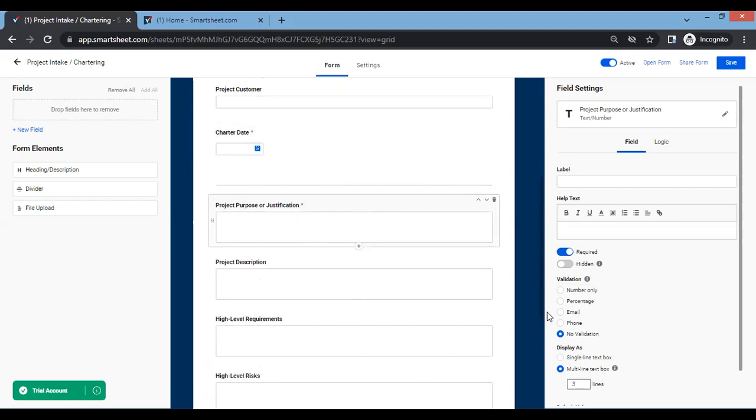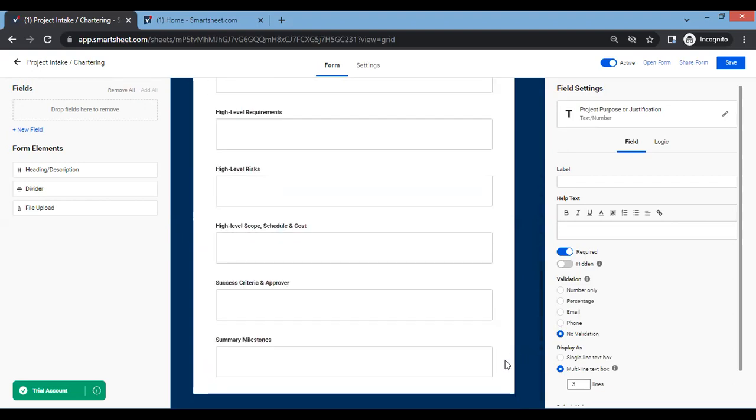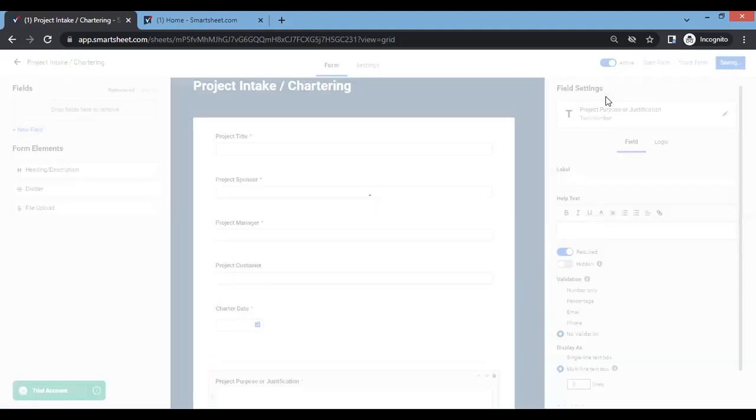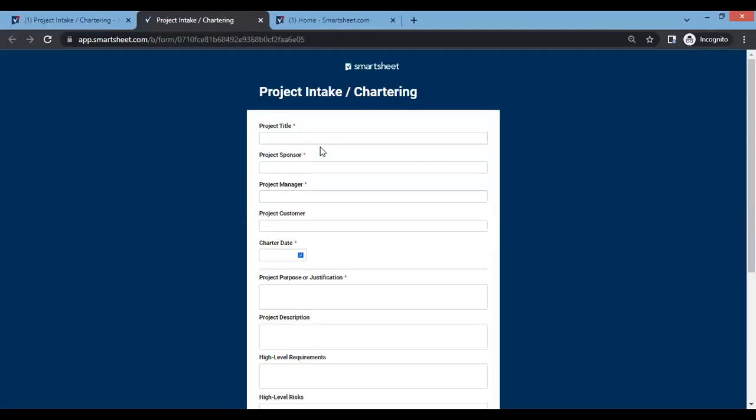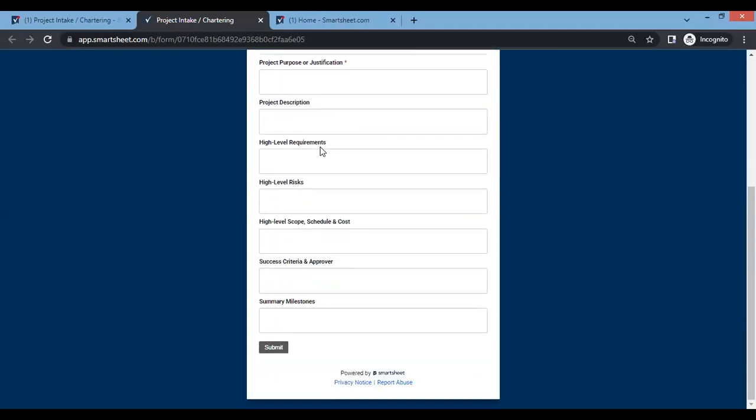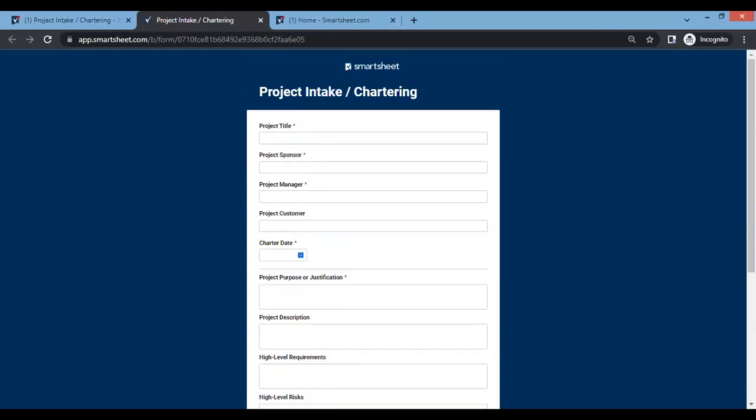Justification, and so on. You get the idea. All right, let's save it. Now that it's all saved, let's open the form. So here's the form. It's all done. Doesn't look bad. So if I was someone in the company that had a need, there's something that I wanted